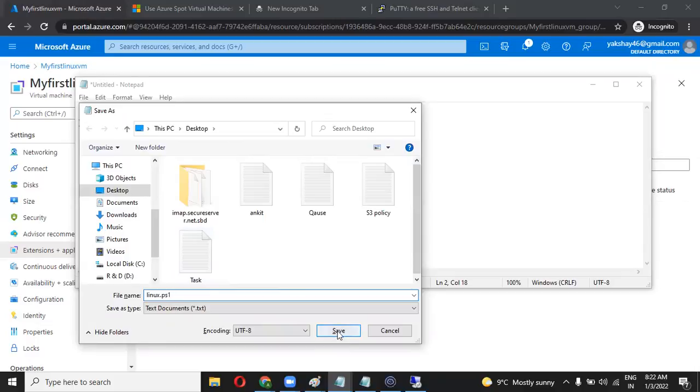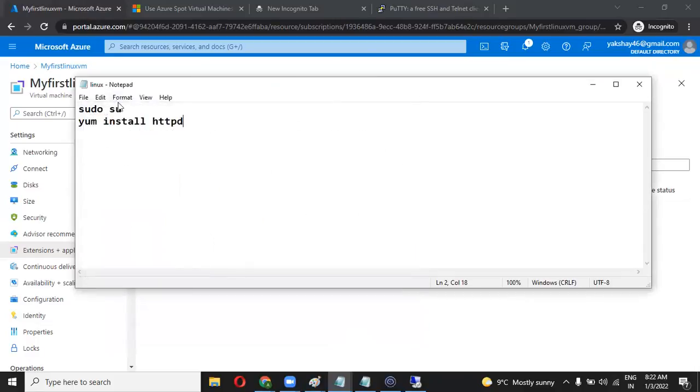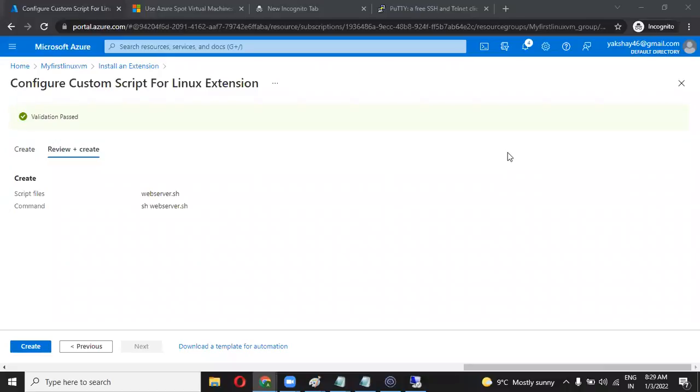Whatever commands we are executing in the SSH PuTTY session, the same thing we need to give in the PS1. Yes, you can give the same thing into this. Okay. Validation is passed, and click on Create.